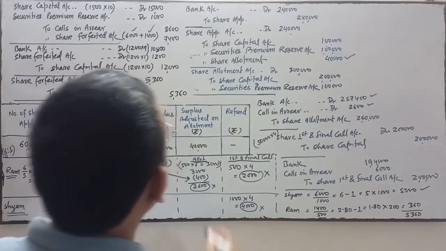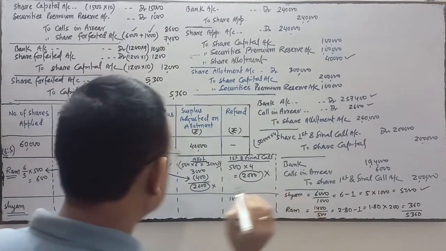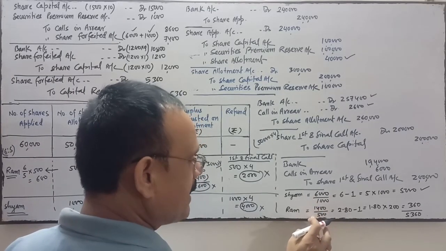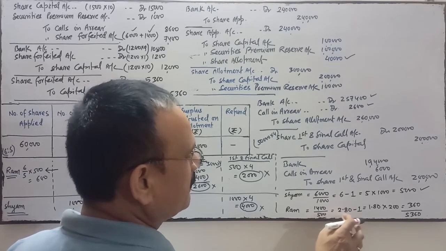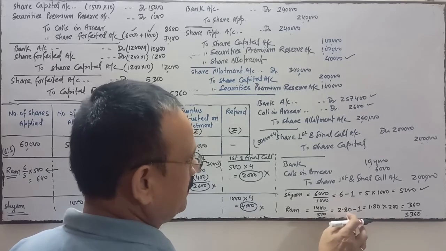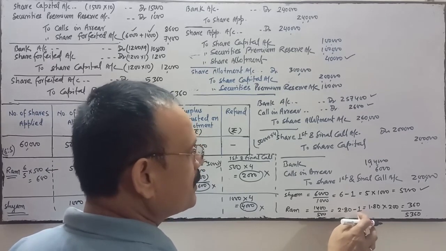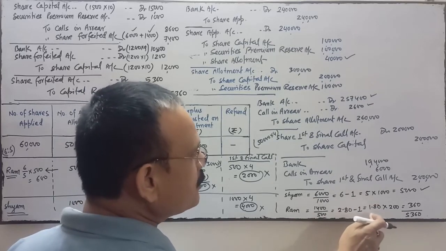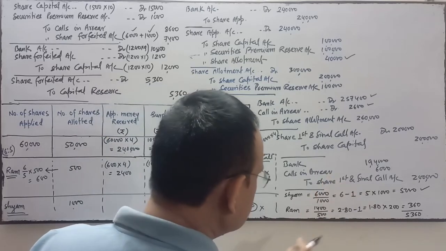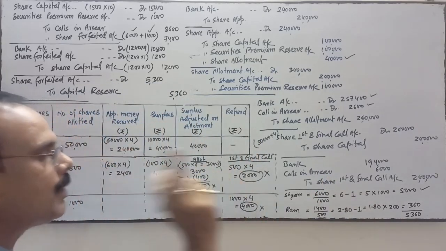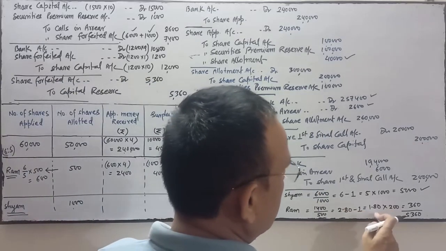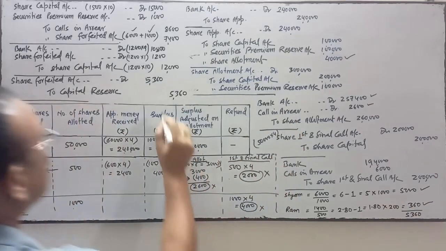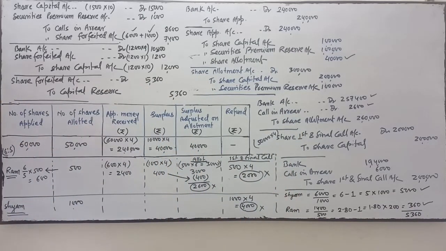In case of Ram, 1400 rupees is forfeited out of 500 shares. So per share gain is 1400 divided by 500, so 2 rupees 80 paisa is the gain at the time of forfeiture per share. Loss at the time of reissue is 1 per share, same as Shyam. So net gain is 1 rupee 80 paise. And the number of Ram's shares reissued is only 200 shares. So 200 multiplied by 1.80 is 360. So do the addition, 5360 will be transferred to capital reserve. Okay.